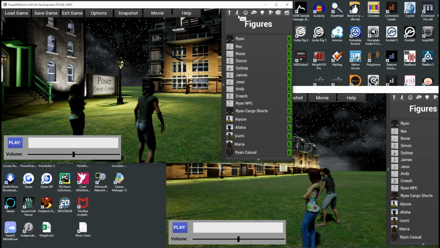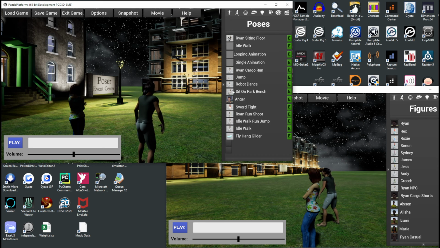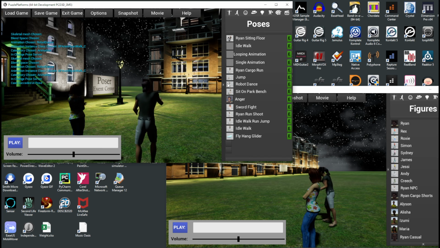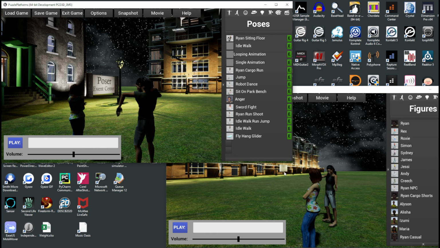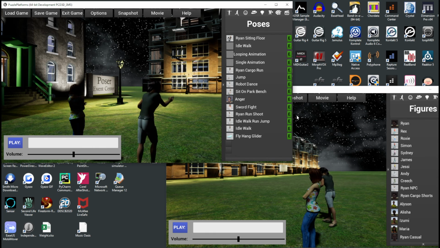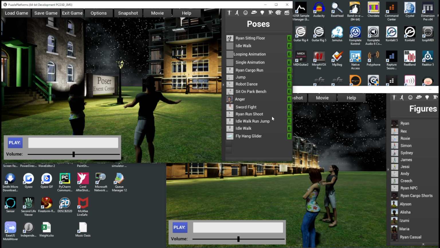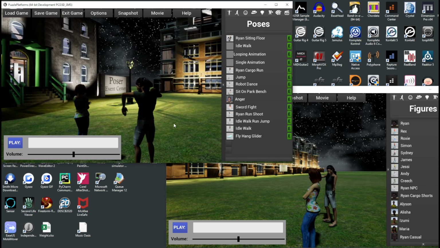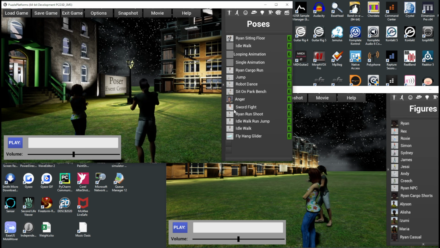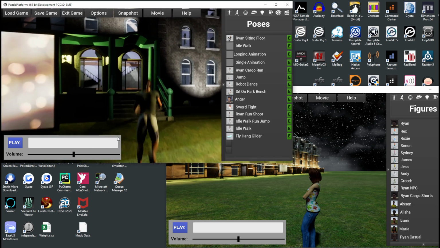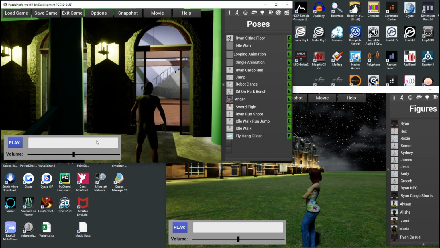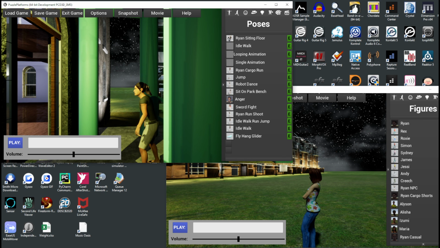Now I can animate, and you can see it's animating here, and it's animating there too. That's another example of replication working correctly. So basically, that's what I got working in the first sprint. I can go change him back to this, and he can go run around and jump. So there you go. That's all. Sprint 1.